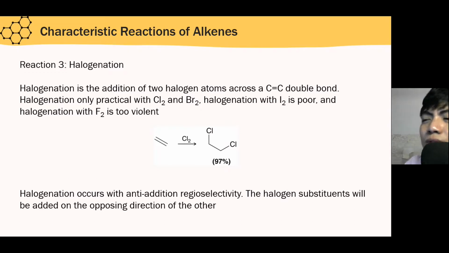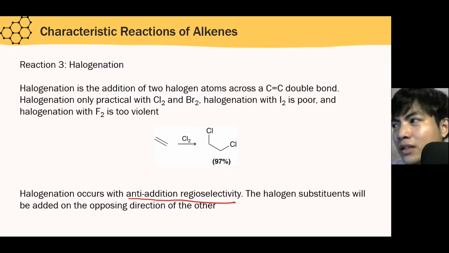Also, it is important to know that the halogenation reaction follows an anti-addition stereoselectivity. When we say anti-addition, one is on top, the other is at the bottom. So that means we have a cis-trans isomerism for this one. Okay? Let me demonstrate to you what I mean by the